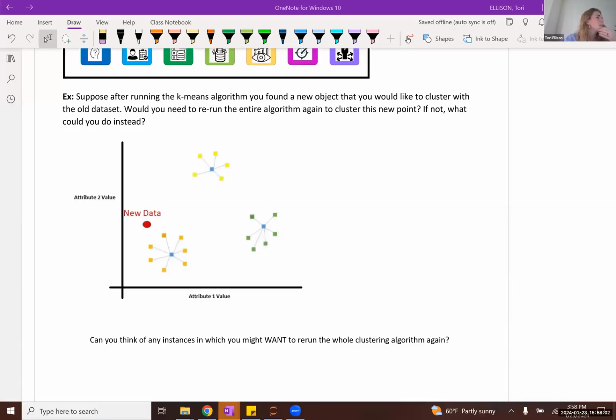How many people? Okay, so I'm going to open up, let's say, 15 breakout rooms. Okay. All right. So I just opened up a series of breakout rooms. I'll let you choose the rooms that you would like. Try to go into rooms of about 3 to 4 people. In the interest of time, I'm just going to start randomly assigning people to the rooms. If you'd like to change, that's totally fine. Basically discuss your answers to these 2 questions here, and then in a few minutes, we'll meet back and discuss.